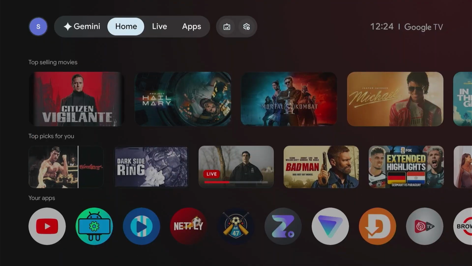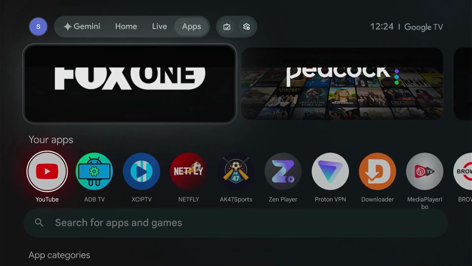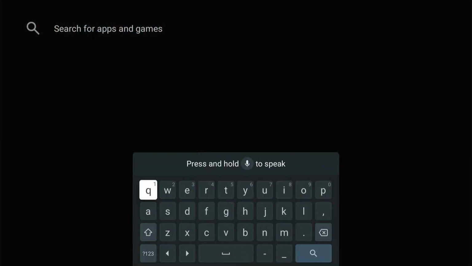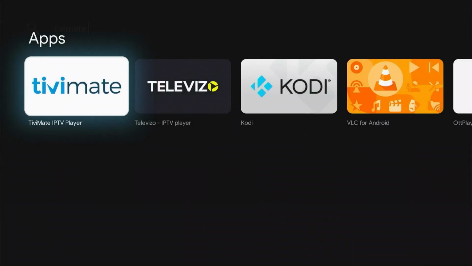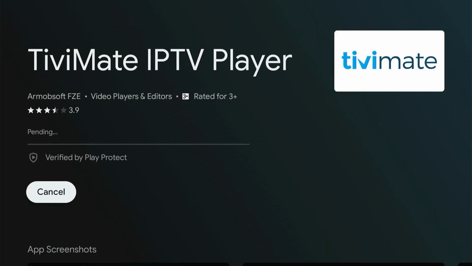From the ONN TV home screen, navigate to the Apps section and select the Search option. Now type in TiviMate IPTV Player. After entering the first few letters, the application should appear in the search results. Select the correct TiviMate IPTV Player from the list and click Install. The app will now begin downloading and installing on your ONN device, which should only take a few moments depending